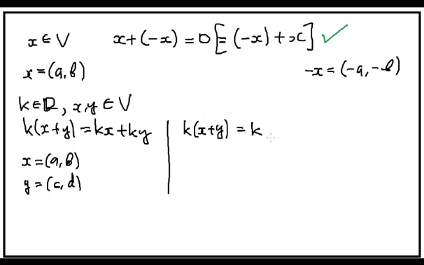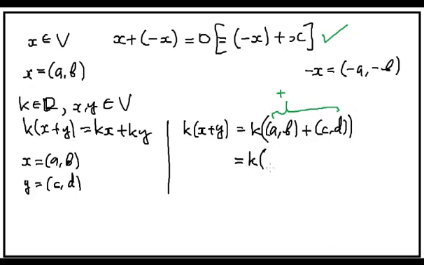Well, k stays the same in the first step of calculation, x is AB, so we write AB there. Don't forget that bracket there, because the whole x plus y is inside brackets. And then y is CD, so we keep that there as well. And now, we're going to use the definition of addition we have for this structure. So then, this will be k times (a plus c, b plus d). At this point, we can remove the brackets here,